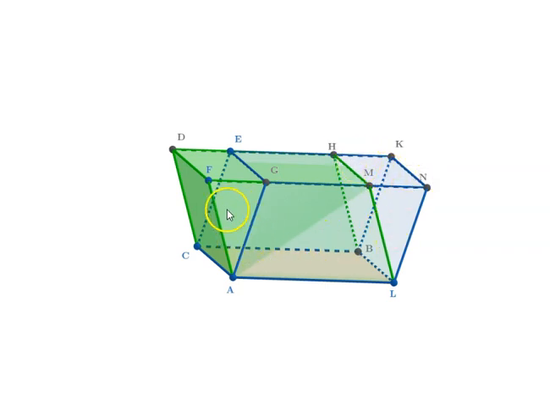Since these two prisms are equal to each other,